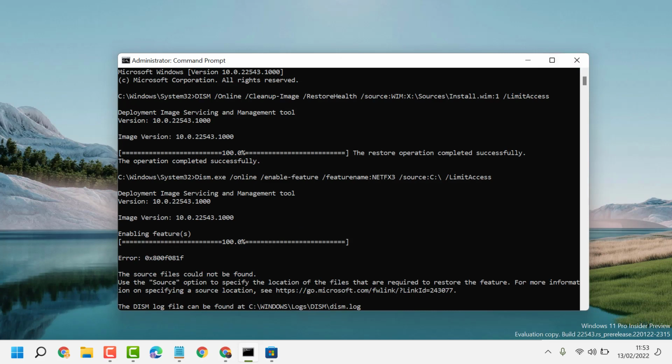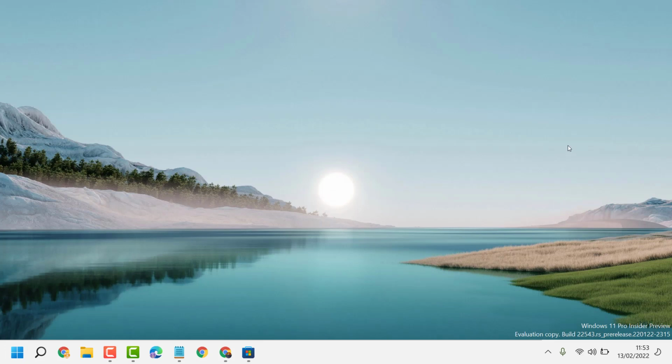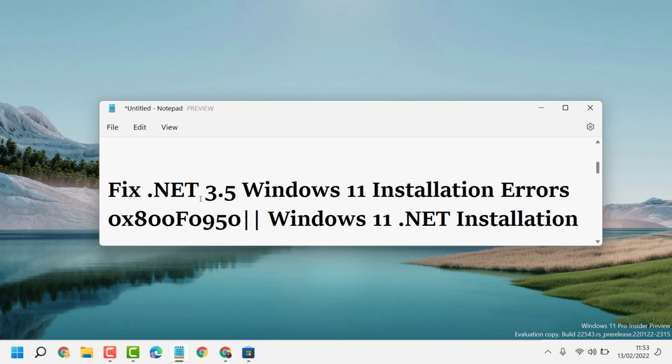restart your PC. And after restart, you can fix and resolve the .NET 3.5 Windows 11 installation error